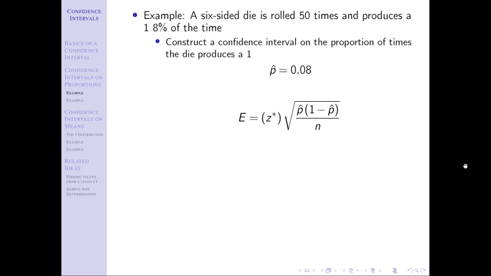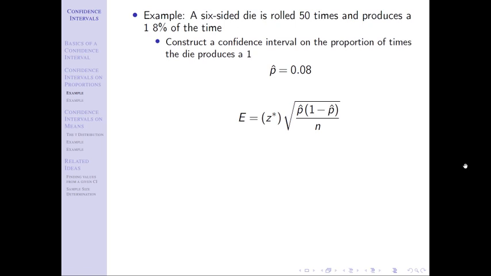Okay. And this might be the point of the problem where you notice we weren't given a confidence level. And if that's the case, we are going to assume 95% confidence. So a lot of times the problems like construct a blank percent confidence interval. That confidence level will be written in the problem. Sometimes it won't. If we are not given a confidence level, we are going to assume 95%. We're going to assume our significance level is 0.05. And so if we have a 95% confidence level, that corresponds to a z-score of 1.96.